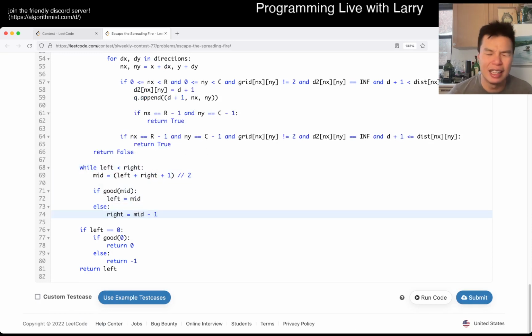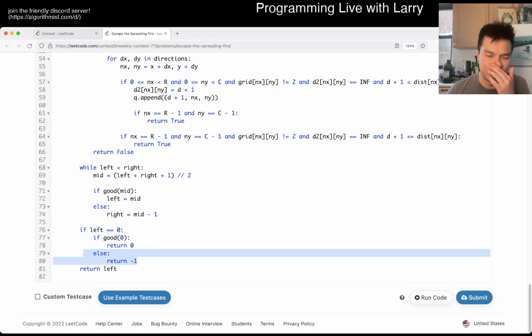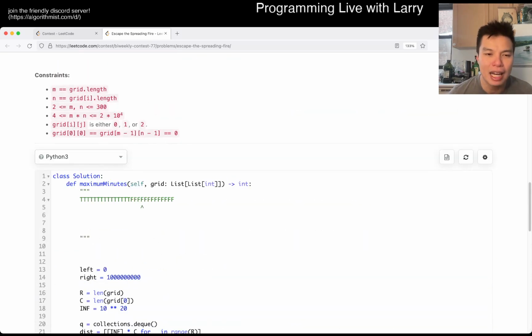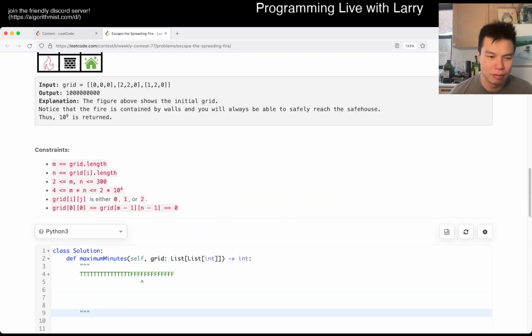And then there's the extra condition that if left is equal to 0, I just do an extra check to see if 0 is good. If 0 is good, then we return 0. Otherwise, we return -1, meaning that you cannot get to the end. And then the rest of it is just